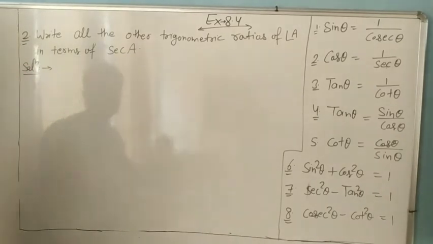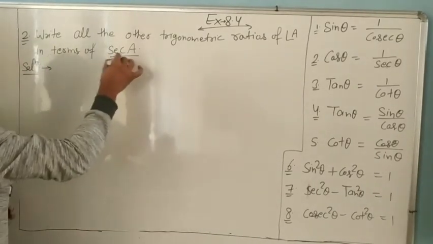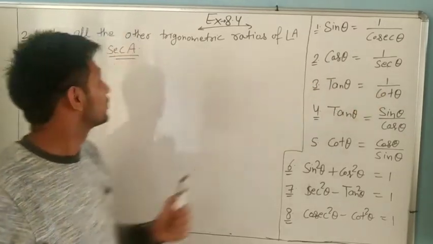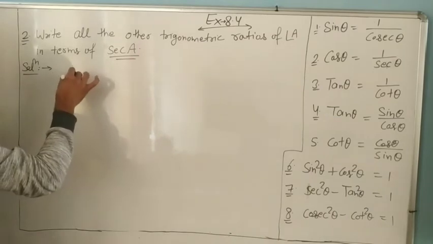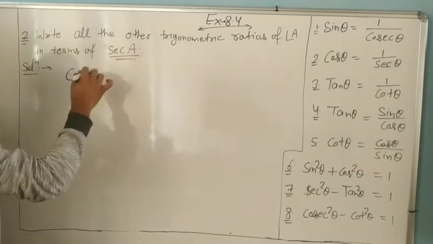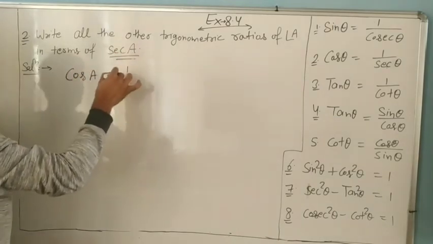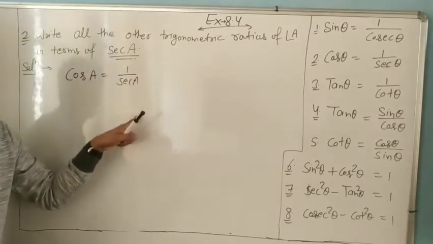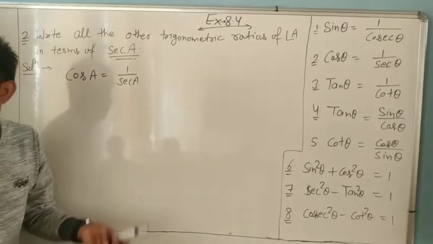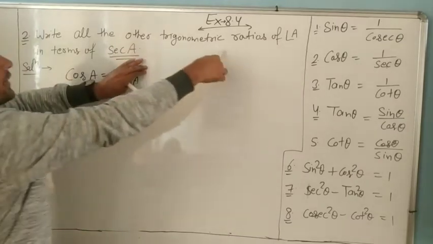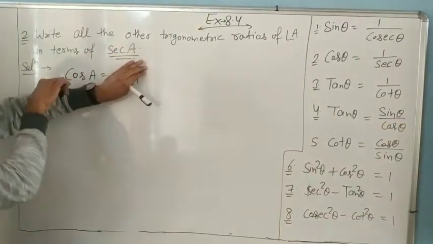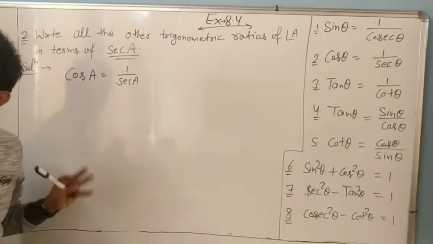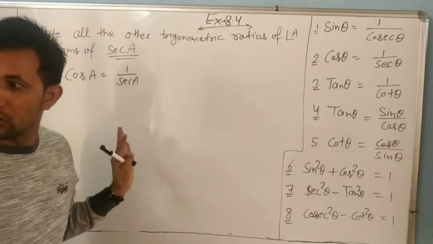So it means every one we have to write in form of sec A. So look at first, very simple. Sec is always opposite of cos. So it means you can write cos angle. What is the angle? A. Sec A equal to always 1 by cos A, and cos A equal to 1 by sec A. So the first we have already finished. Write all the trigonometry ratios in terms of sec A. So cos A is in terms of sec A or not? We already said. Understand? Understand or not?